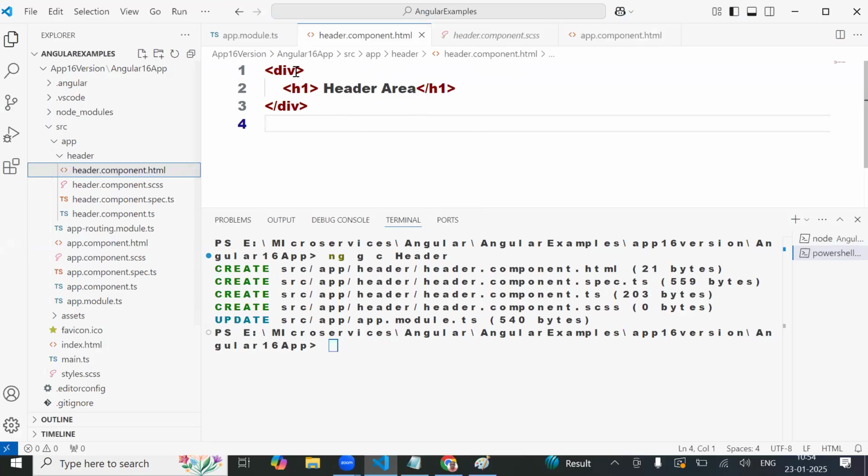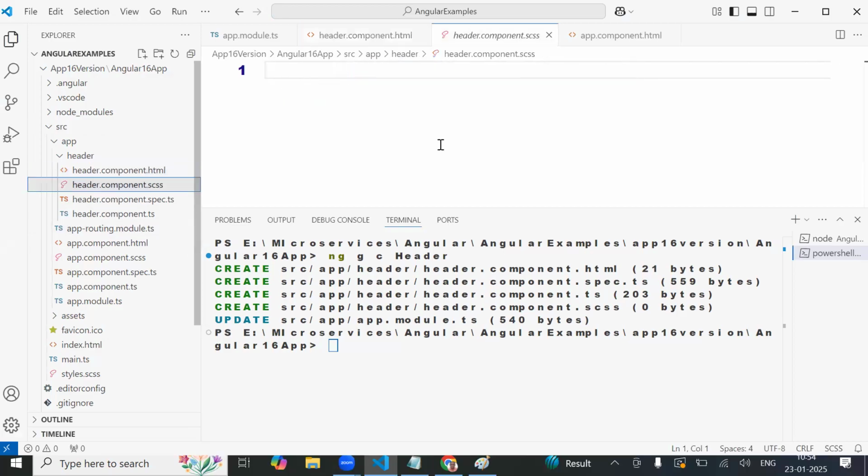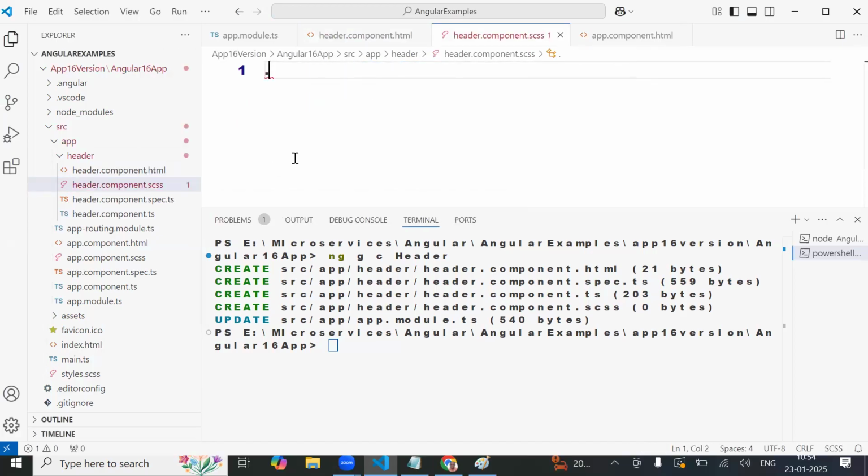So what I will do here, class header, class head, no, head region. Okay. Now go here in the CSS, dot or hash, not hash, dot head. No, take the HTML, copy this region, go here, dot,